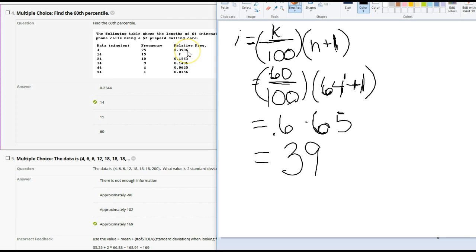The other way you can do it, and I'm not going to show you how, but I did a similar example of explaining the relative frequency, but you can calculate over here the relative frequency. So 39% of the data is 4 minutes. Then you could calculate the relative frequency for this by adding up the ones you know and subtracting from 1, and that would give you what this missing one is. And you would find out that the 60th percentile would be in here, which would give you the answer of